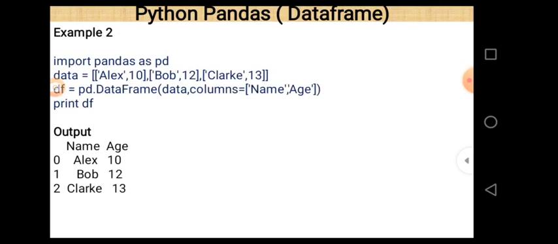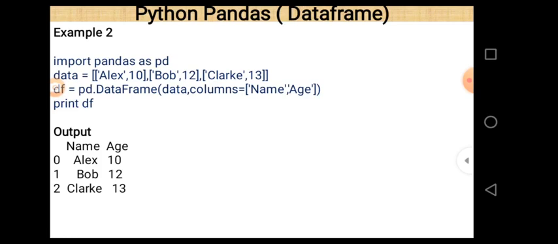Next, example number 2. This is again an example related to Python pandas, and here a data frame is created using lists. Actually, more than one list is passed as an argument. The first line is import pandas as pd. The second line is data, with 'Alex', 10.